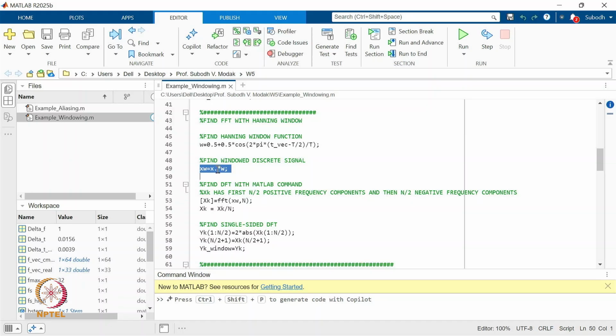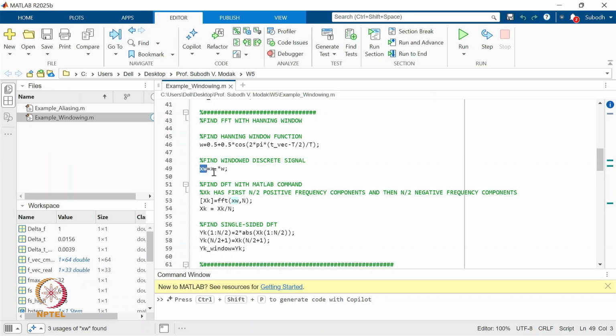You can see on the right hand side I am using the command x dot star window, because x is a vector here, w is a vector. So, I am multiplying these two vectors element by element, right. When I use the symbol dot, it basically indicates that we need to multiply the vector x and vector w at the element level. Once that is done, I get a new vector xw, which is the windowed signal,